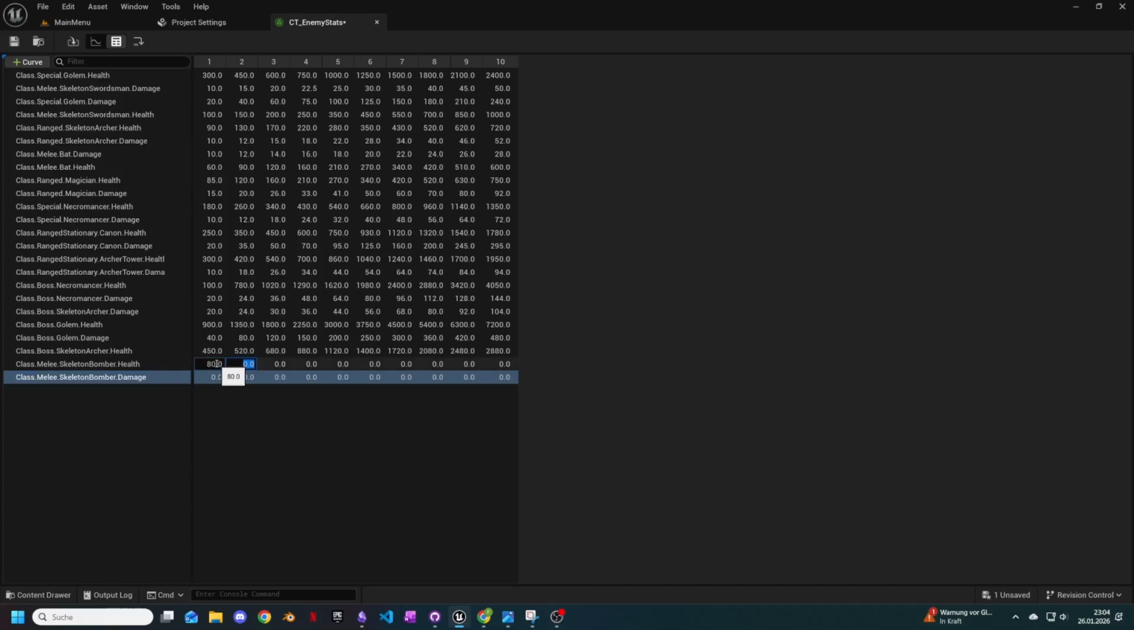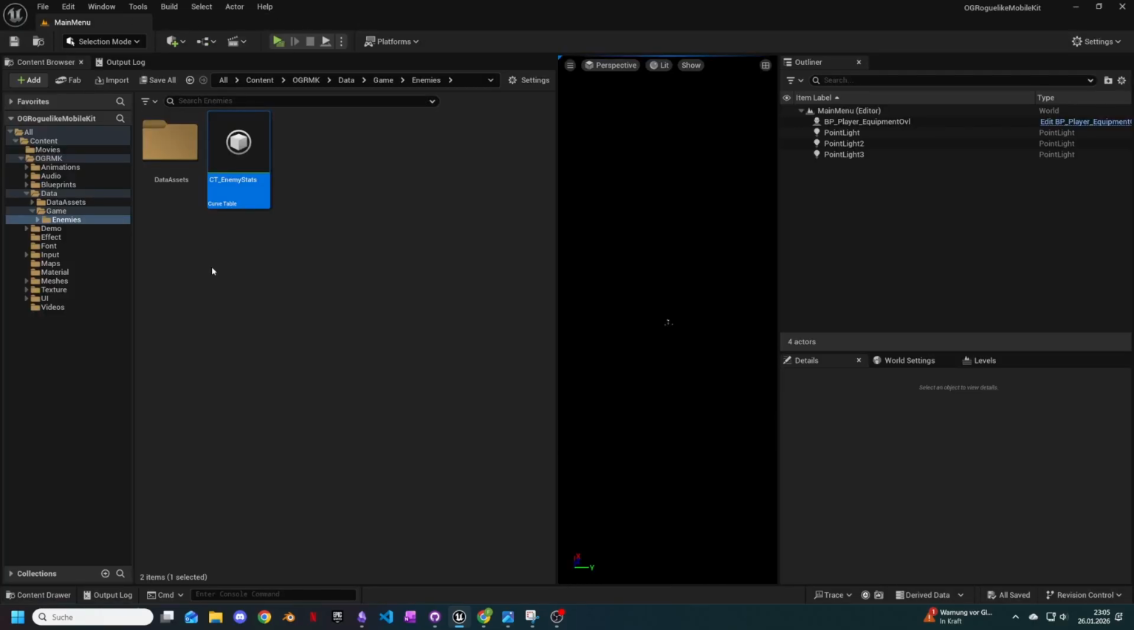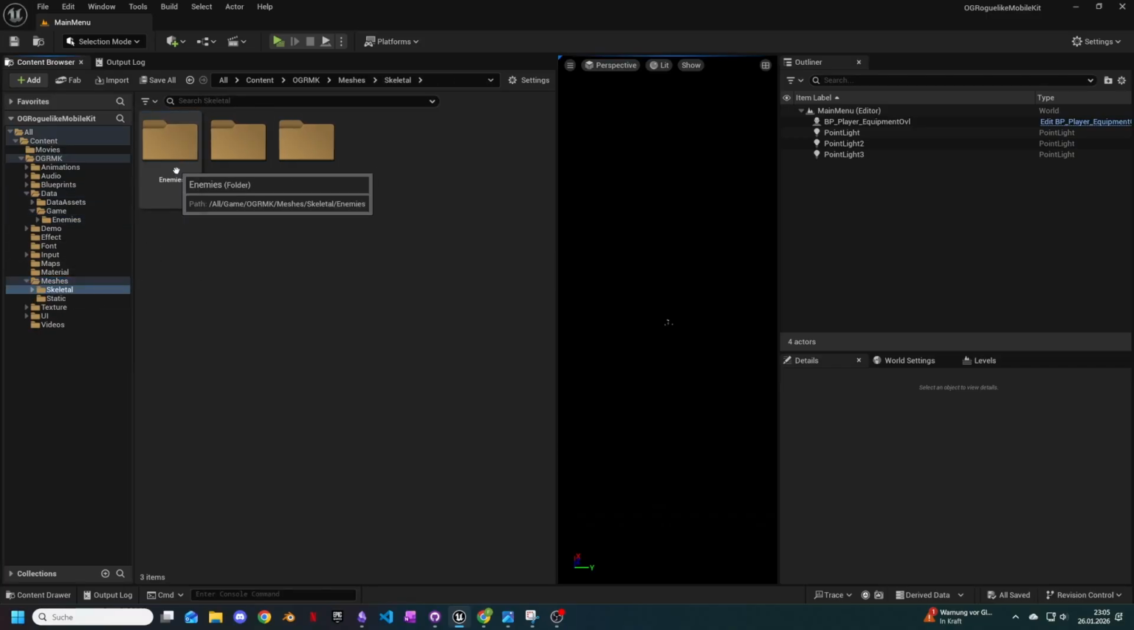Make sure to add appropriate values for the health and the damage of the enemy you want to add for each of the 10 levels the enemy can have. Let's speed it up a little bit. Alright, I'm finished here. So the next thing I'm going to do is to make sure that a skeletal mesh,